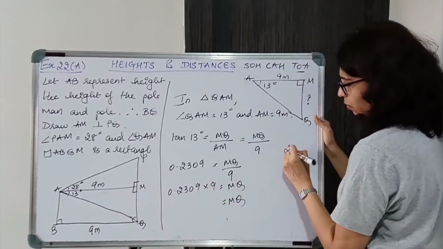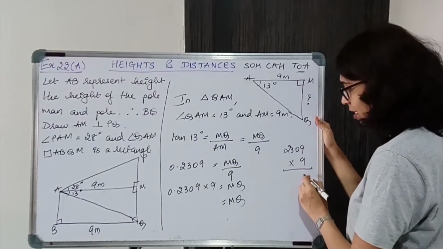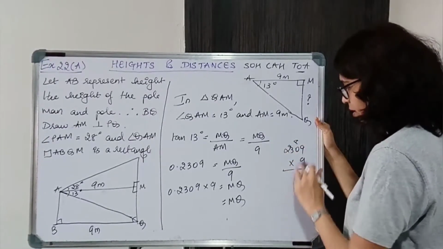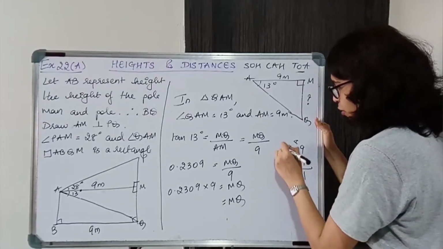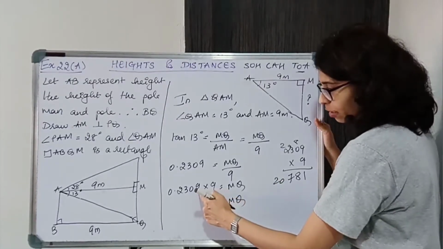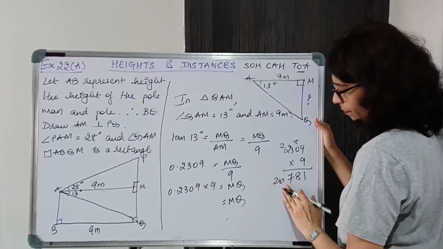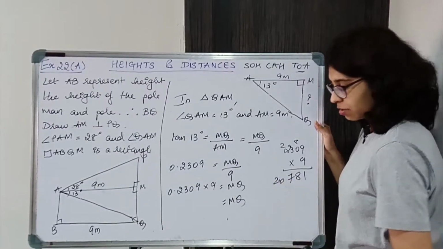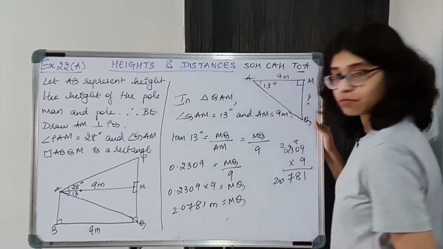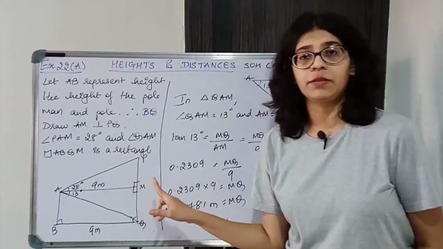Multiply this 2309 into 9, forget decimal for now, ठीक है, पहले multiply कर लो। 9 9s are 81, 9 into 0 0, 0 plus 1 8, 9 3s are 27, 2 9 2s are 18 plus 2 20। Now there is decimal point after 4 digits from the right, so after 4 digits from the right put a decimal point। Now this is the answer, 2.0781 meters, okay, don't forget to put correct unit। Now MQ भी मिल गया, PM भी मिल गया, now we'll add it and find PQ।